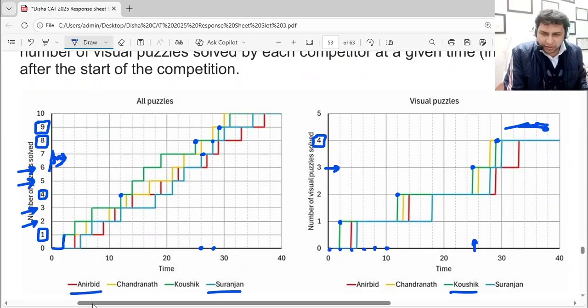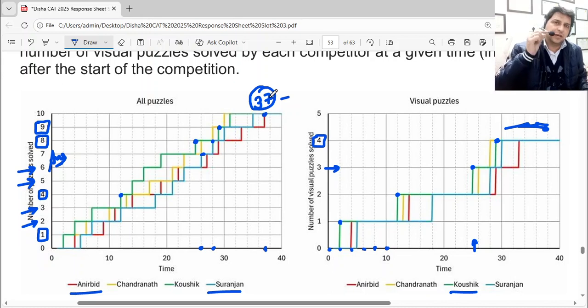So Anirbid, the red line, let's see how much time he is going to take. Out of total time, Anirbid has taken a total of 37 minutes here if I see. So 37 minutes he has taken. Now let's subtract the time taken on the visual puzzles. The first was a visual puzzle. He took, the red line went till here. So the first puzzle took 4,